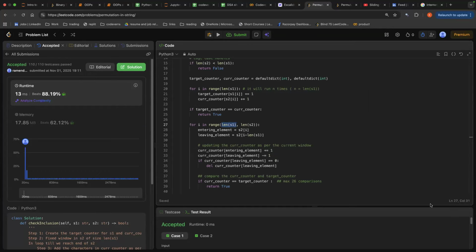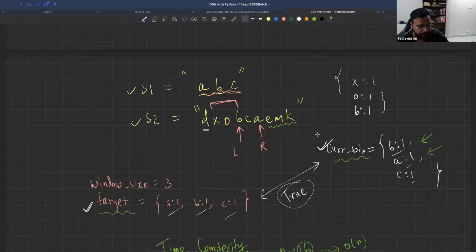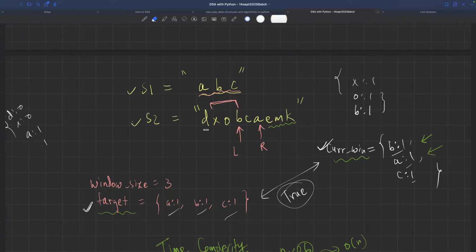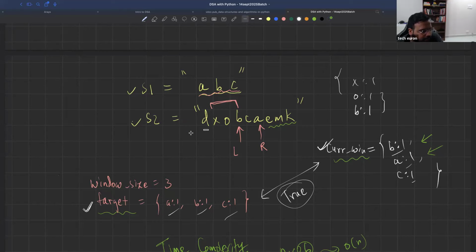सर वो D0 आपने जो बताया वो क्या इशू क्रिएट कर सकता है? अगर आप दो डिक्शनरी को कंपेयर कर रहे हो, सपोज टारगेट है आपका A1, B1 और C1, और आपका जो करंट है वो भी है A1, B1 और C1, लेकिन यहाँ पे X0, D0, E0 ये सारे एलिमेंट्स हैं, तो क्या ये दोनों इक्वल है? हमारे सेंसिबिलिटी से तो इक्वल है, लेकिन पाइथन तो उसको इक्वल नहीं मानेगा ना। अच्छा, समझ गया मैं। वो 0 को 0 इनकाउंटर करेगा, मतलब उसको 0 में x का 0 वैल्यू चाहिए। हाँ। या आप ऐसे सोचिए कि हमने ये डिसाइड किया कि इस एलिमेंट को हम विंडो से हटा देंगे